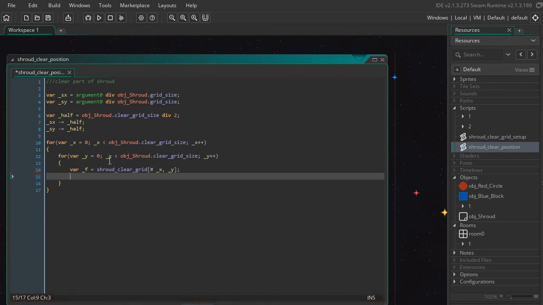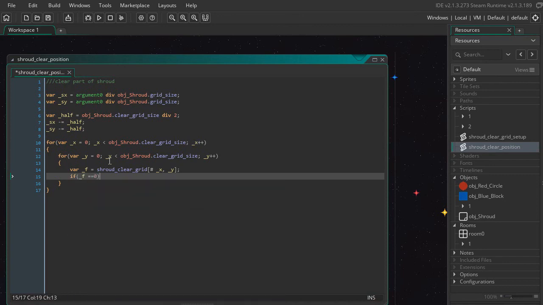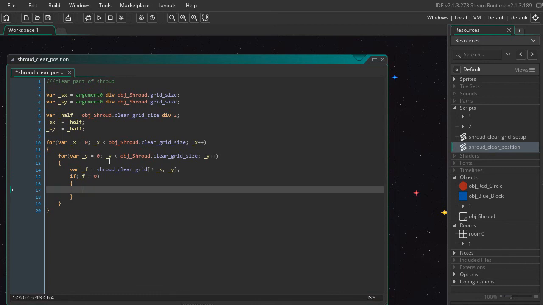And we're only going to update it if it's a 0. If it's a 1, then we're not going to change anything. We don't want to update it. We only want to clear it if it says this is a 0. This is a cell we want to clear. So we say if f equals 0, and now we need to figure out the corresponding cell in the Shroud grid by using the SX and SY offsets. So we say obj_Shroud